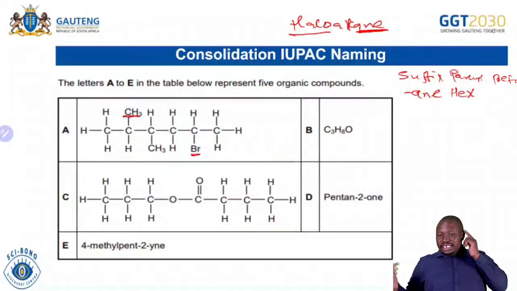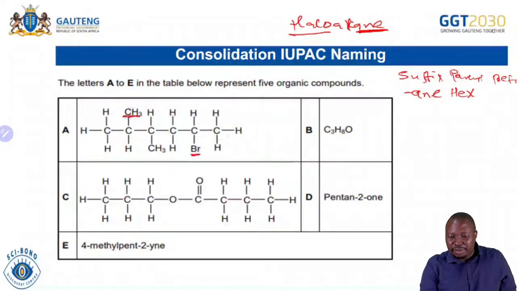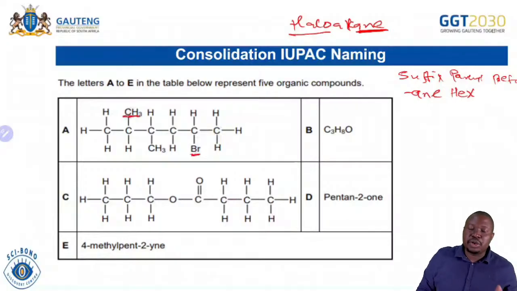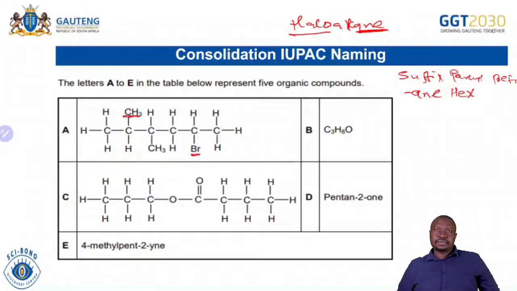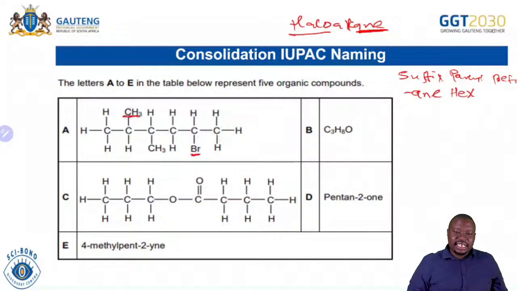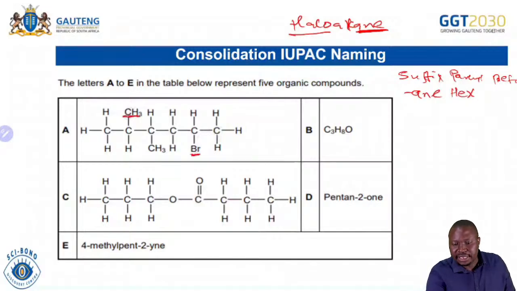So I can't decide whether to start numbering from the right or from the left, because all of them are in carbon number 2. Is there any other thing that can help me with the decision? Let's go to carbon number 3. If you go to carbon number 3 from bromo, there is nothing in carbon number 3. But if you go to carbon number 3 from the left, there is another methyl. You see,